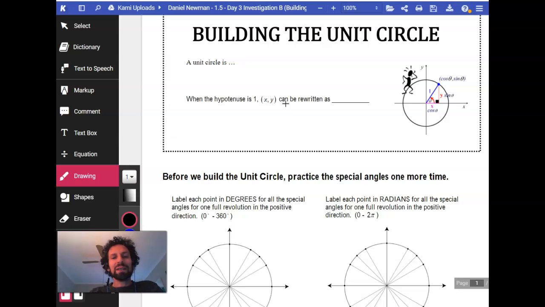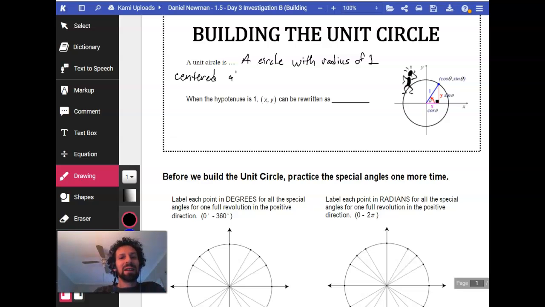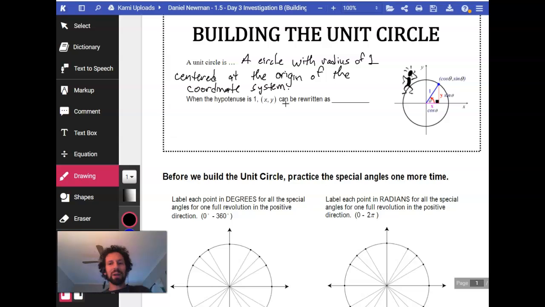The unit circle is essentially a circle with radius measurement of 1. So that means the radius length of the circle is 1. Really important fact. And this circle is centered at the origin of the coordinate system. And that means its center is 0, 0. All right. And again, feel free to pause and rewind things if you need to go back and cover the